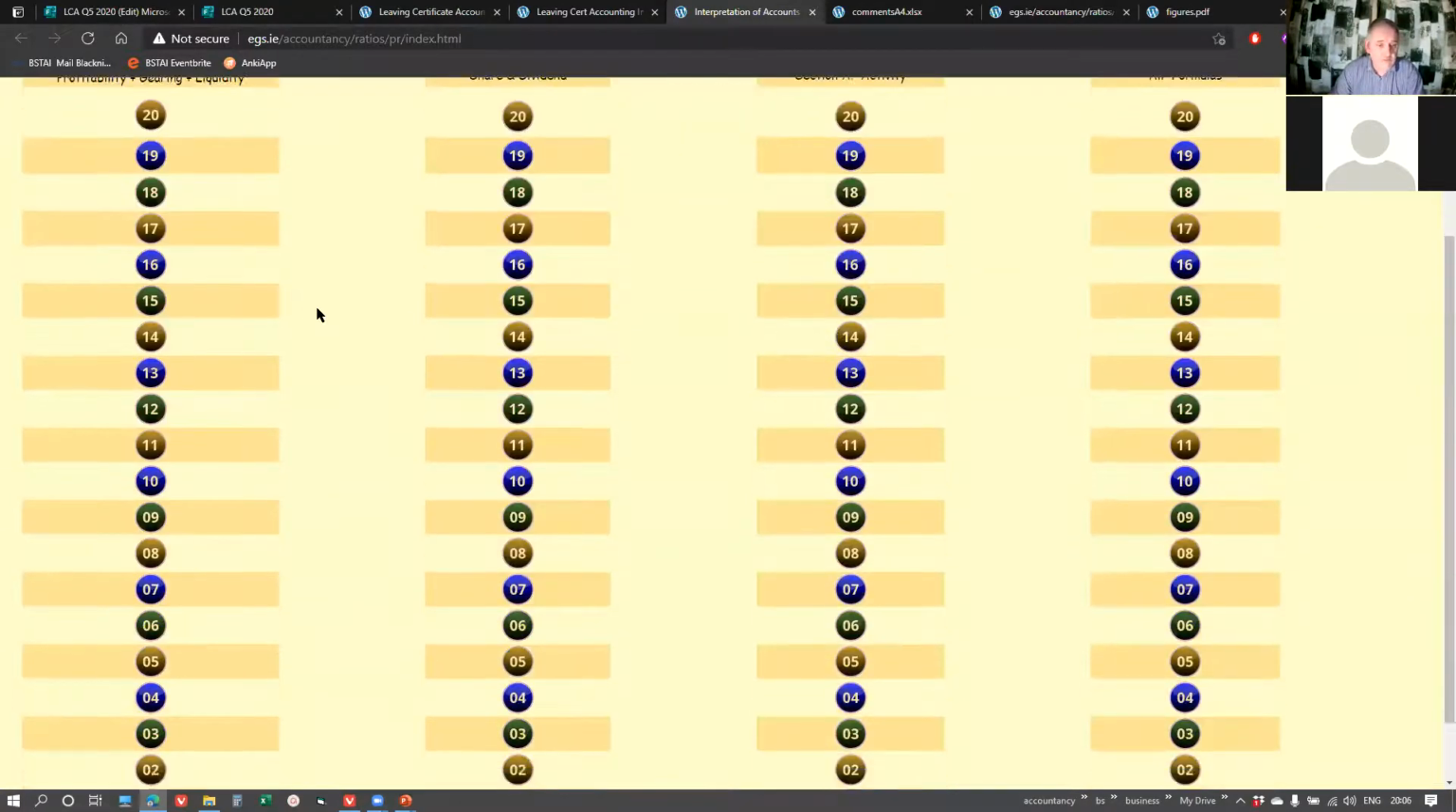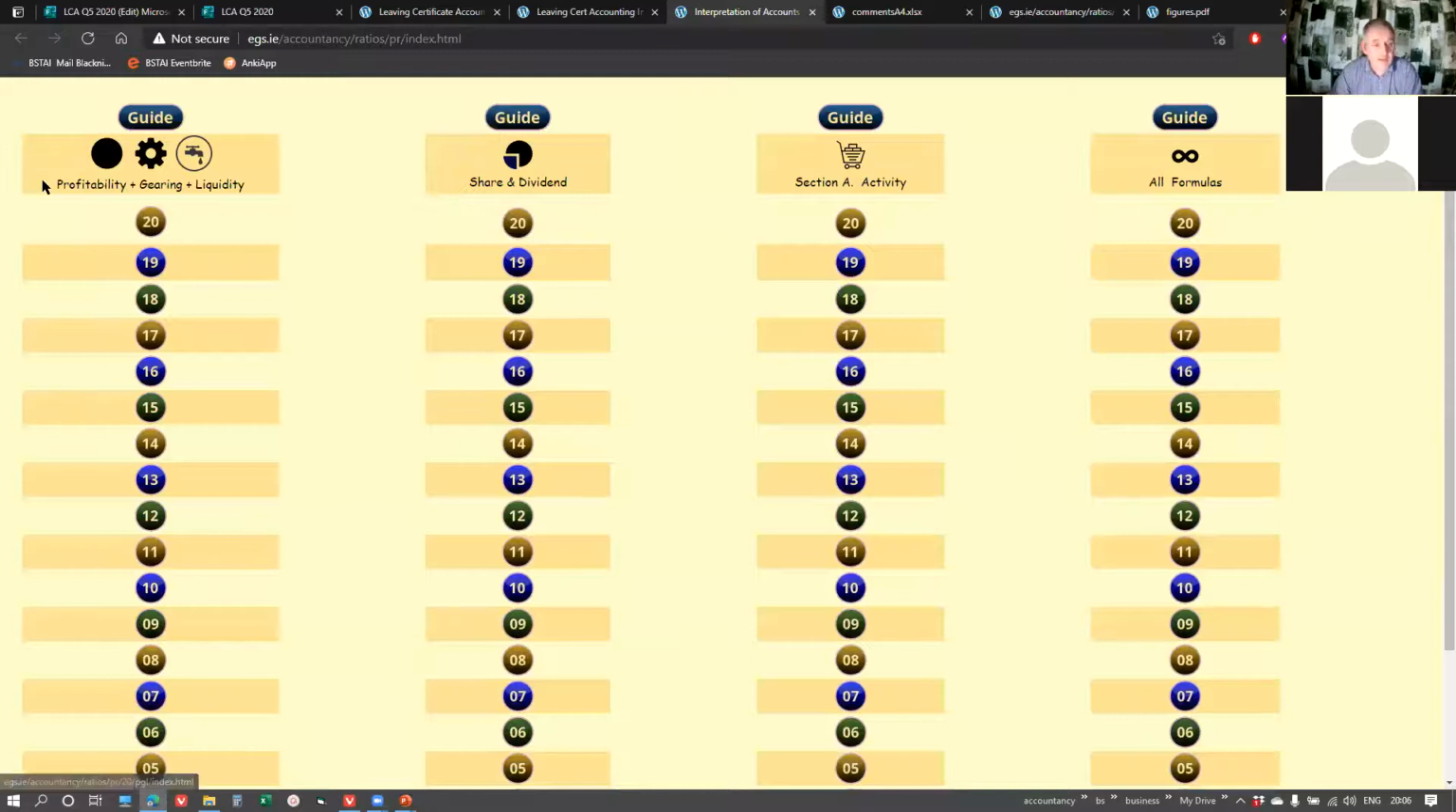We'll be finished in 5 or 6 minutes, I hope. So this here is the profitability, gearing, and liquidity formulas. These are the share and dividend formulas, and these are the Section A formulas. These ones I have sometimes changed the figures to make sure you can work out all three in every single case. And this is to do all the formulas. If I click on one here,